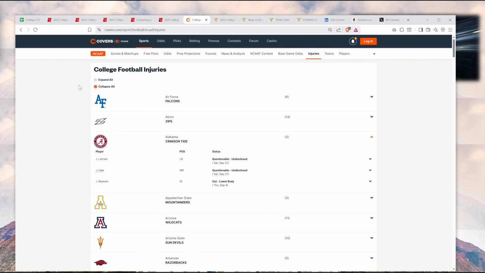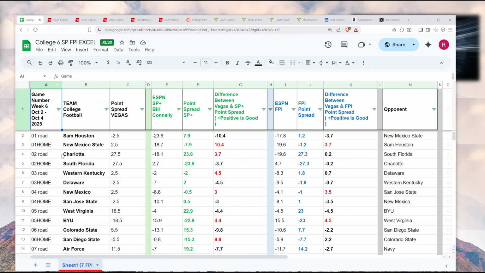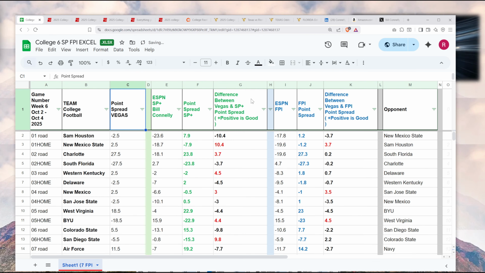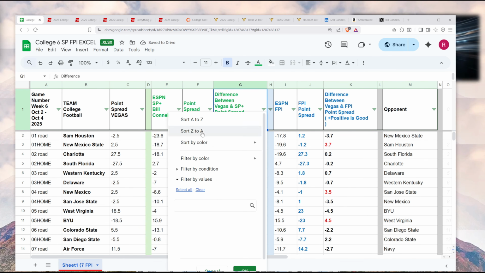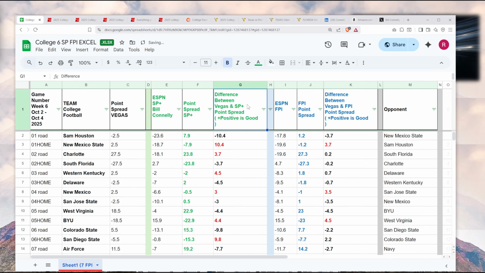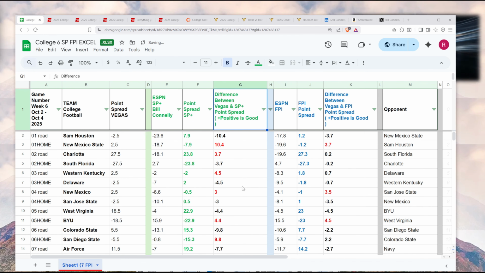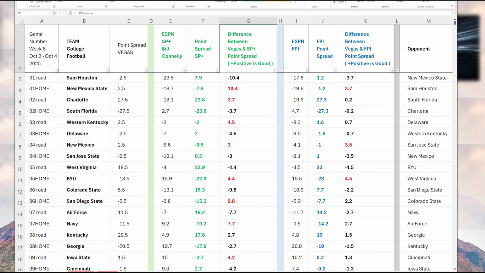Okay, so going back to this, let me show you this online spreadsheet version. You can also sort on this page. This is on the Google Drive. It has little arrows, and you can also sort here. You're going to have to sort, and then click OK. And that allows you to sort the games too. So going back to the Excel spreadsheet here,